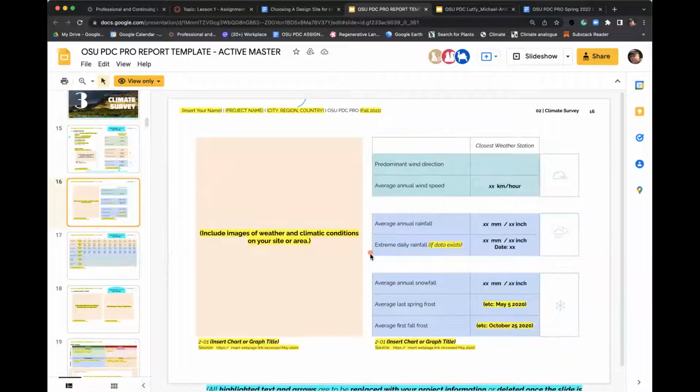But if we go to the climate survey here, there we are. So these are a couple of really interesting and critical measurements you're going to want to get: average annual rainfall and extreme daily rainfall event. And I would try with both of these, if you're in an area where there isn't an airport or weather station nearby, you may have some challenges finding that info out. But what you want to do, if you can't find it specific to your area, is just look for the closest weather station